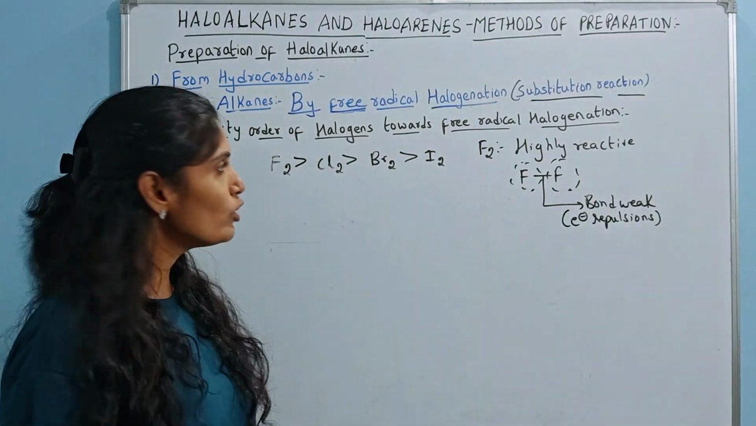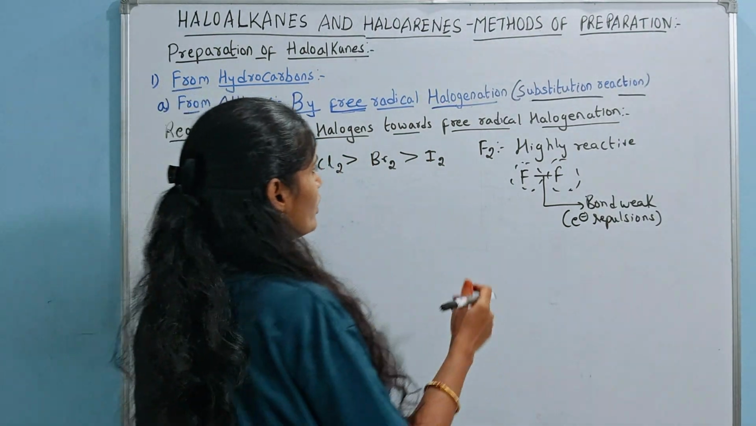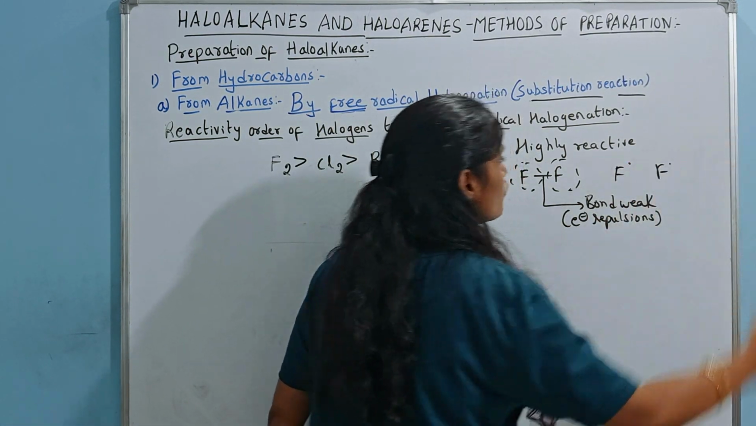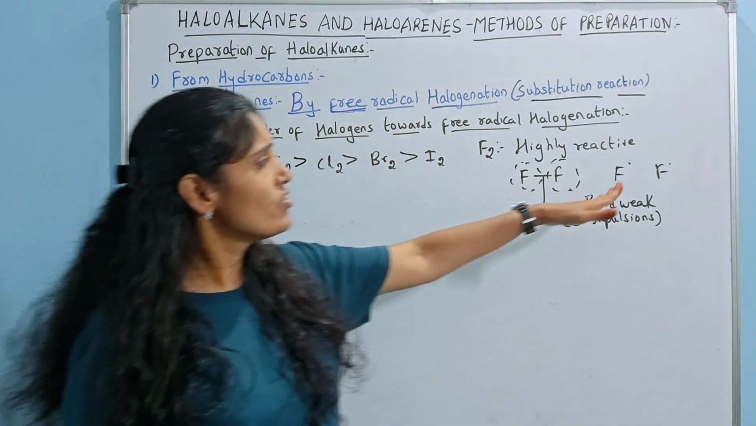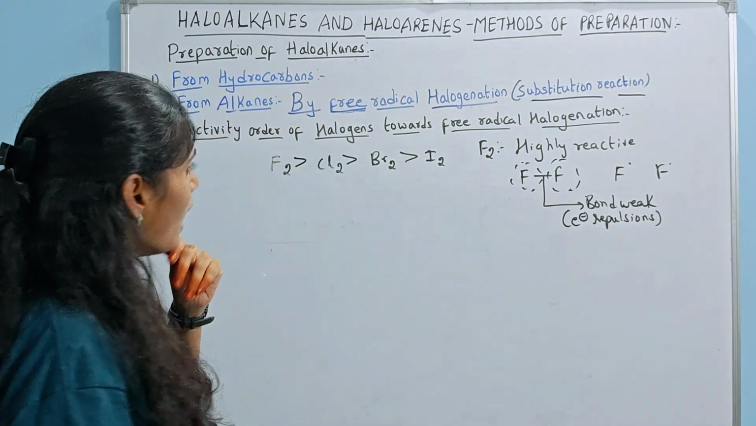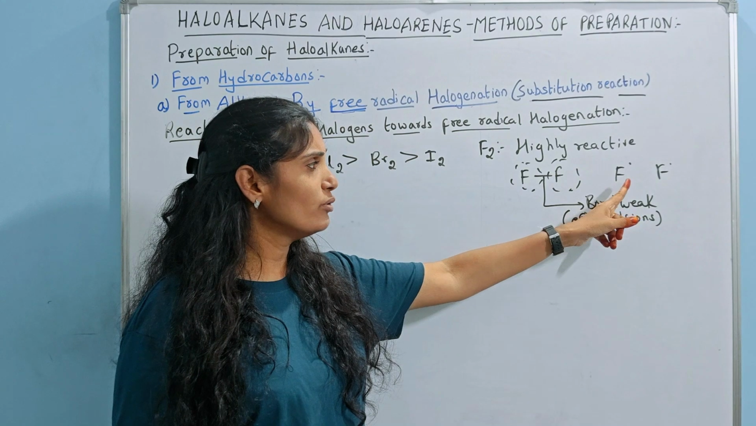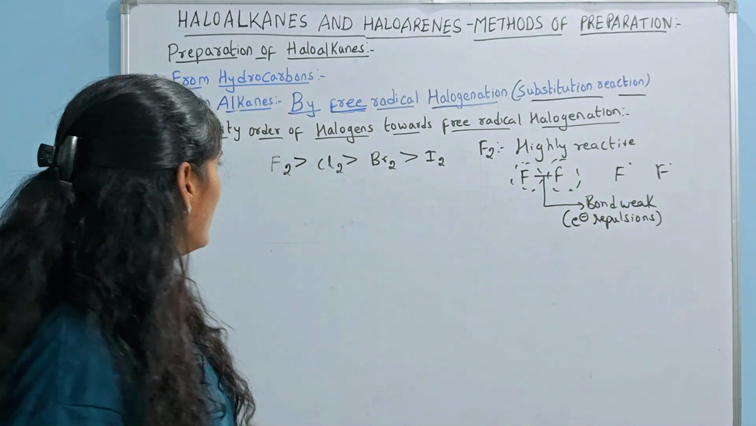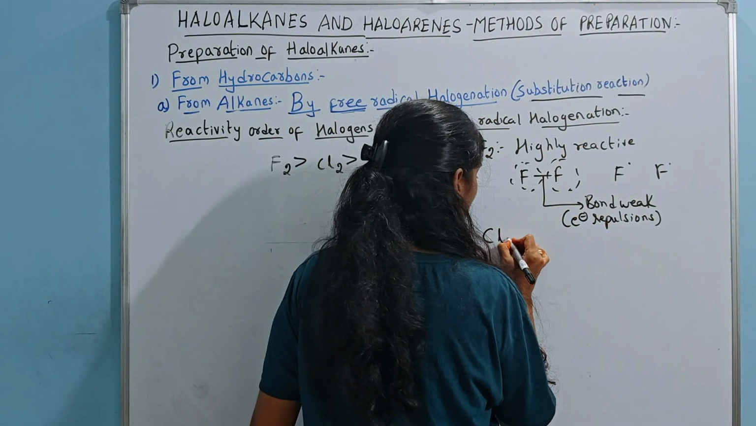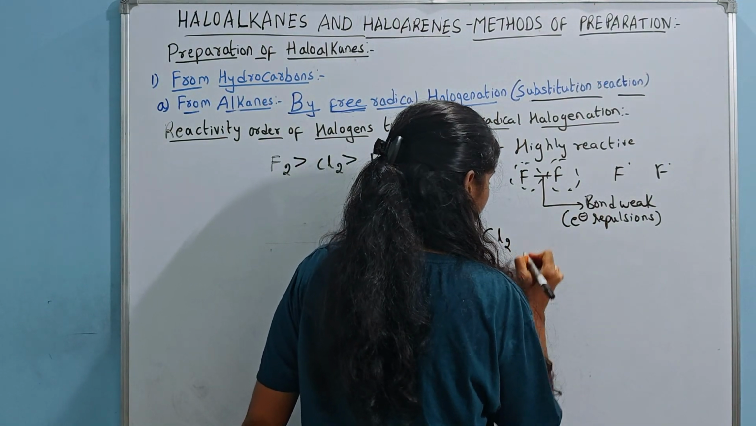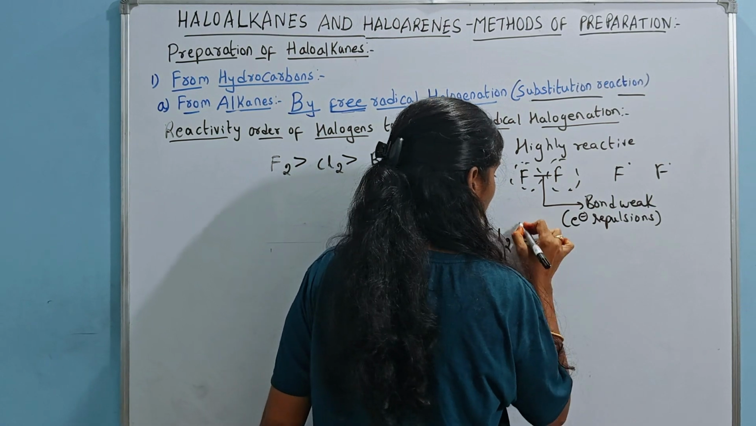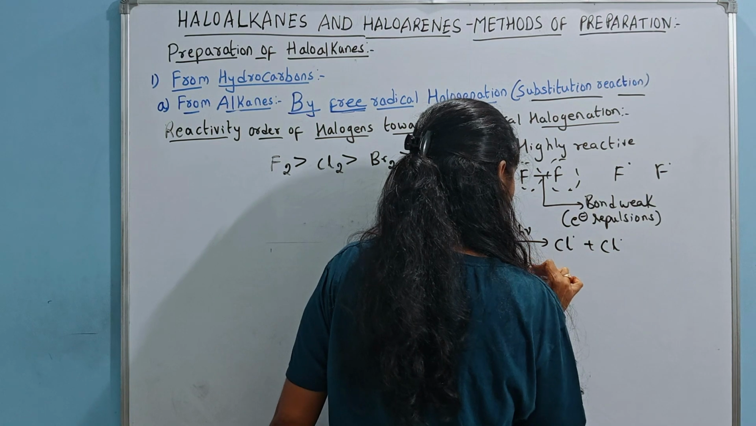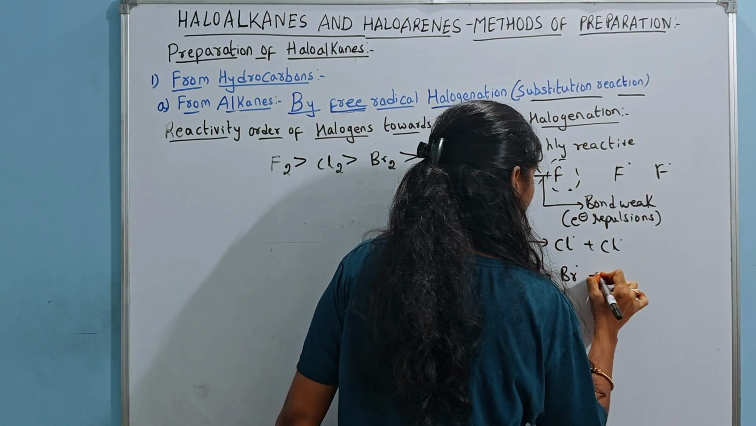Now, when we talk about chlorine and bromine, here you will write this also: fluorine will break and form two fluorine radicals which are very highly reactive. The fluorine radical is very unstable, so it becomes a highly reactive entity. Now if you talk about chlorine and bromine, in the presence of sunlight, they break into radicals. Now if you compare both of them,